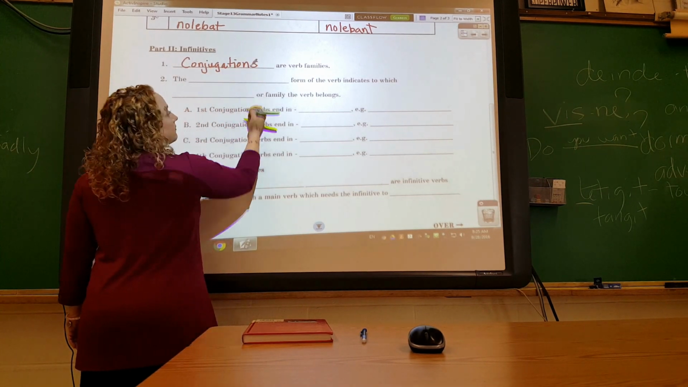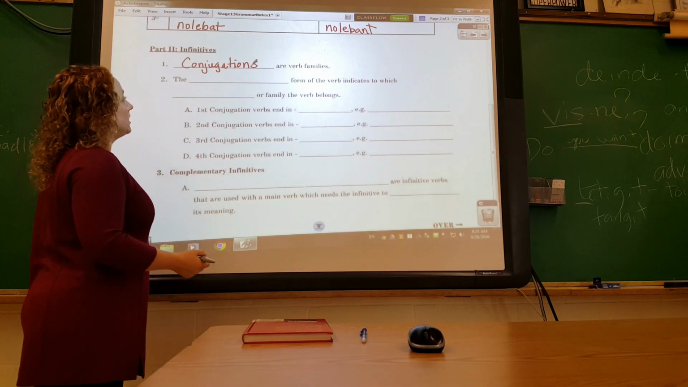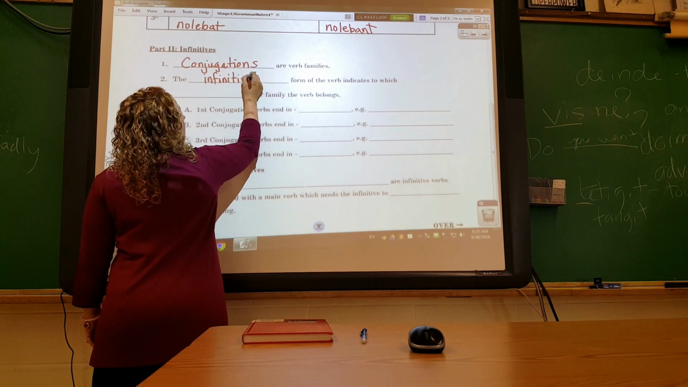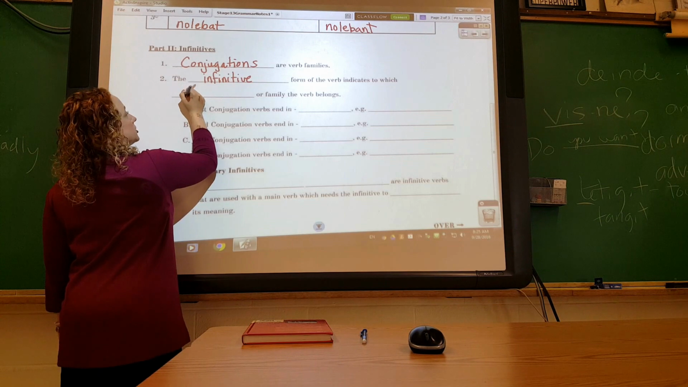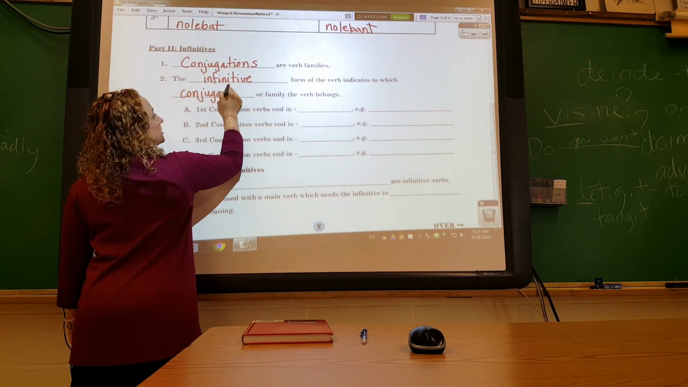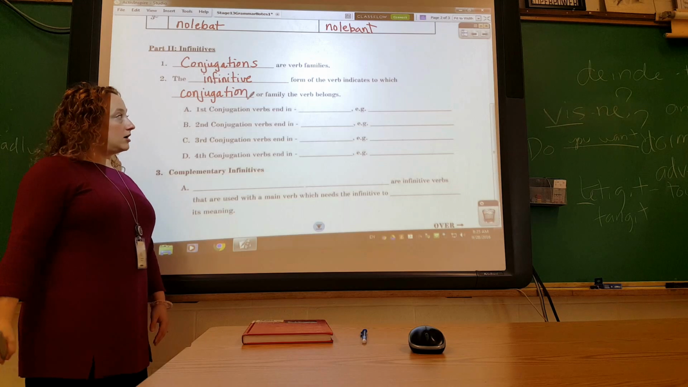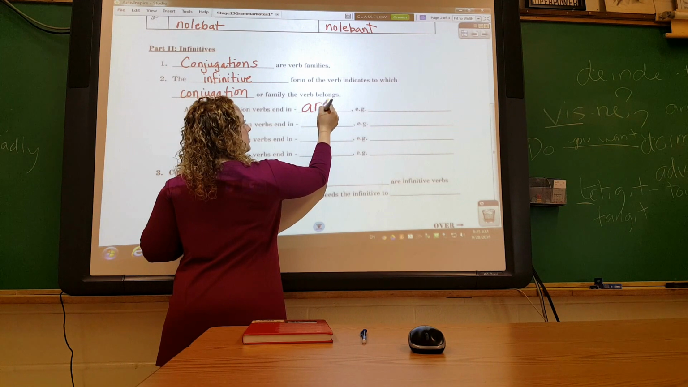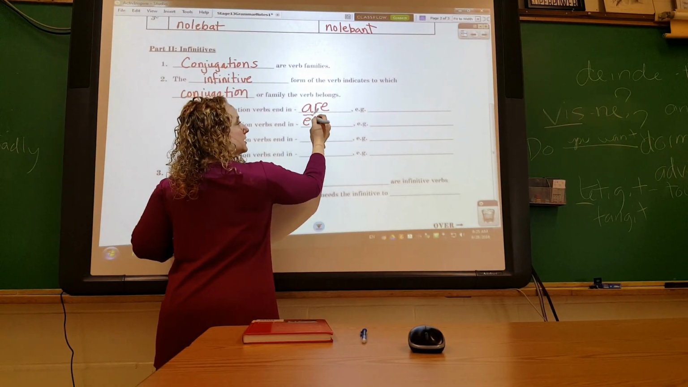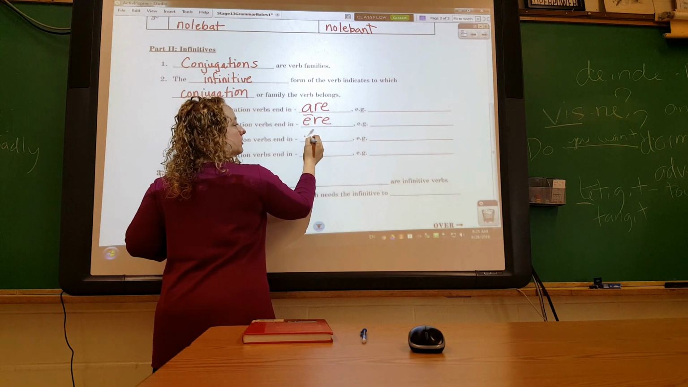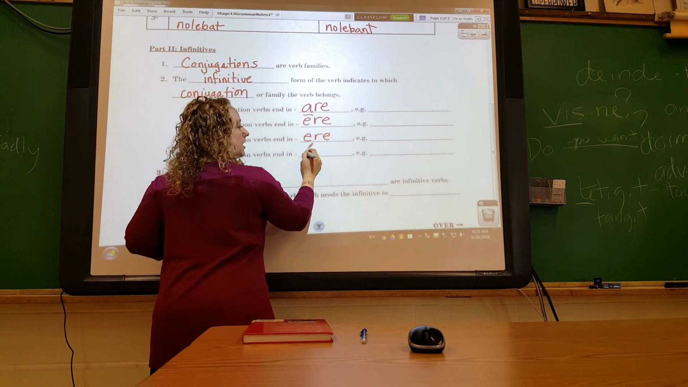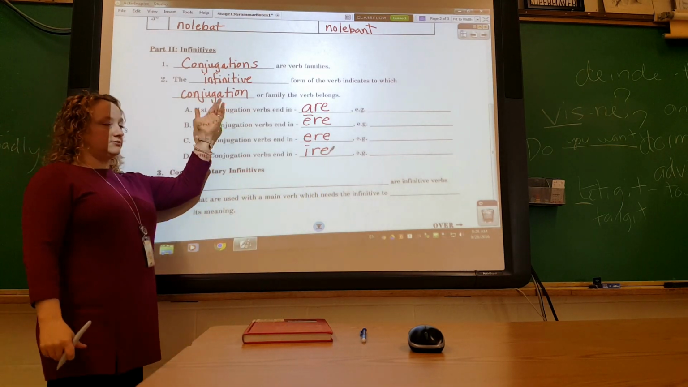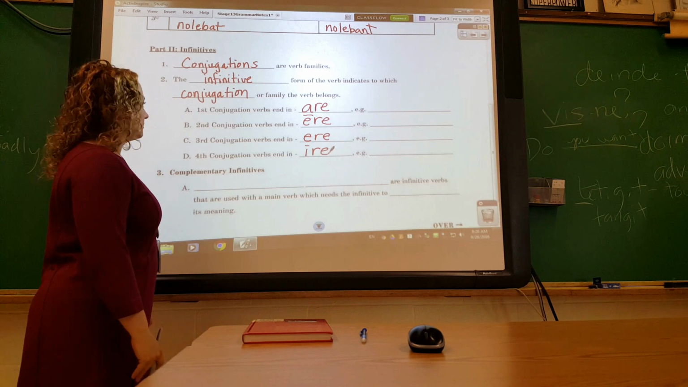Conjugations are verb families, groups of verbs, okay? The infinitive form of the verb indicates to which conjugation or family the verb belongs. So, first conjugation verbs end in ARE. Second conjugation verbs end in ERE with the macron. Third, ERE without the macron. And fourth, IRE. It usually has the macron, but it's not essential because there's nothing else to try to